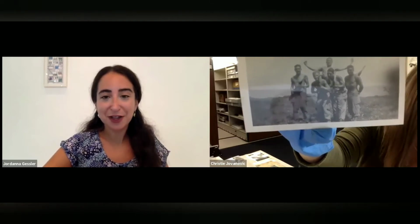Yeah, these photographs definitely reminded me of my own grandfather's scrapbook of military training photographs, where it's just a bunch of, I mean, they're teenage guys and they're joking around and they're laughing and they're smiling and they're obviously forming relationships with one another. I did love these photographs, and I can blow them up here so we can look at them